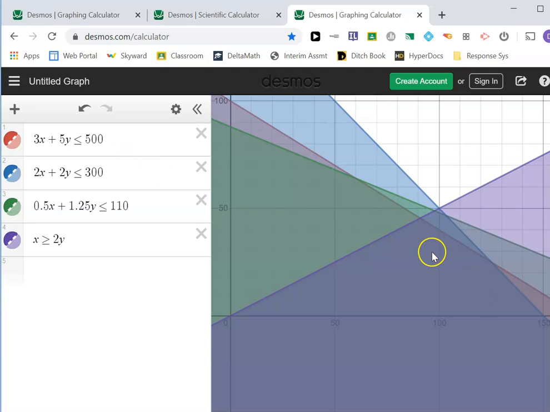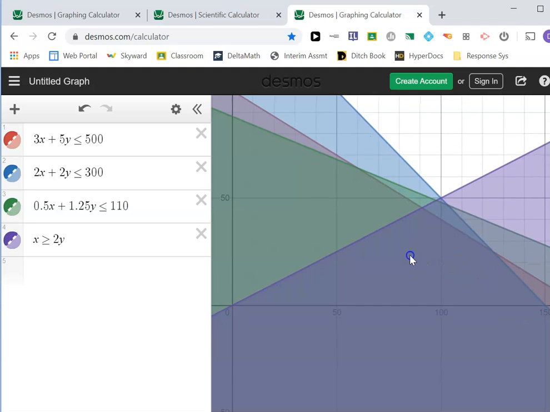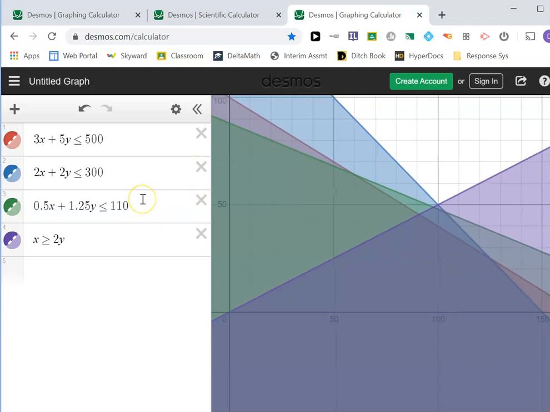Of course, the goal is to find out which combination makes you the most money. It turns out it's either going to be at that corner or that corner, because those are the highest ones. Maybe that corner. We'd have to check and see how much money you make on each one. But this allows you to visualize what's going on much more easily. So that's the whole idea behind writing in a system of